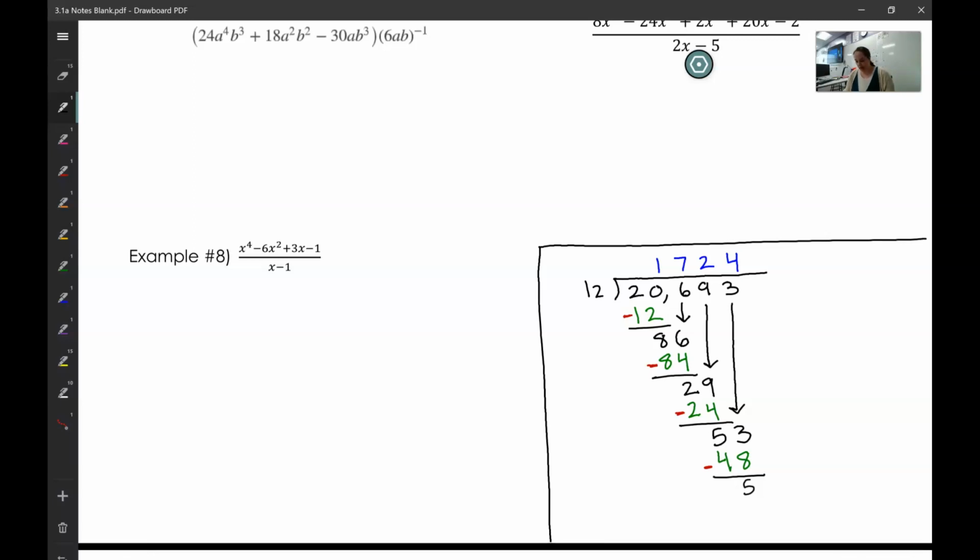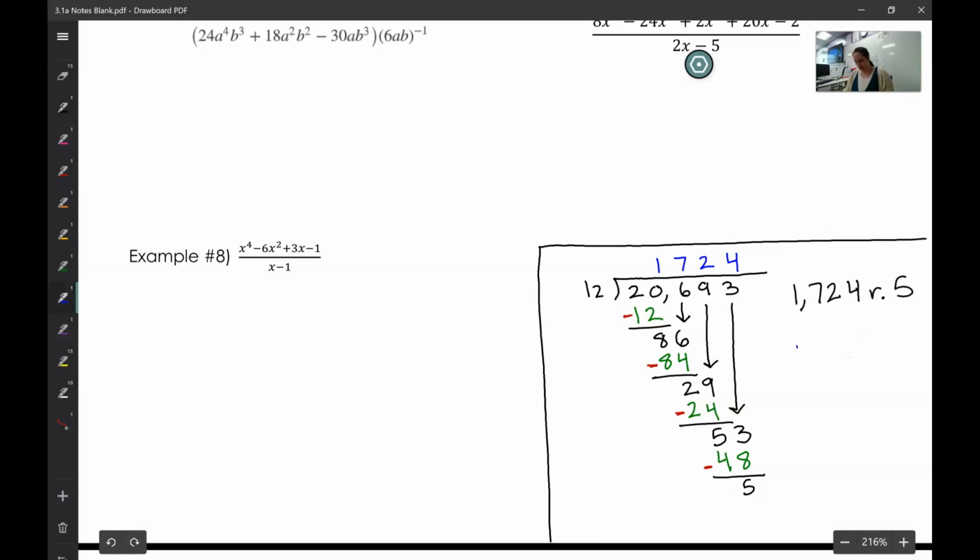So you would write your answer, 1,724, remainder 5. Some of you might have had elementary school teachers that had you write your answer as a mixed number. This is helpful because this is how we'll write our answer when we do long division with equations in just a minute. When we write it as a mixed number, you would still have your answer,